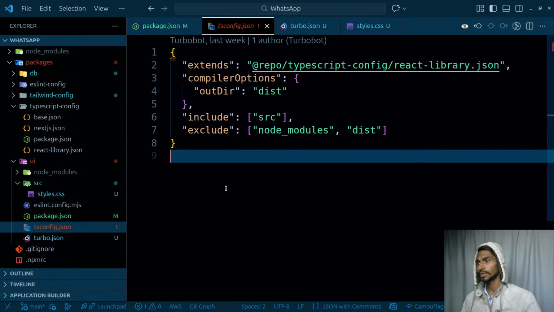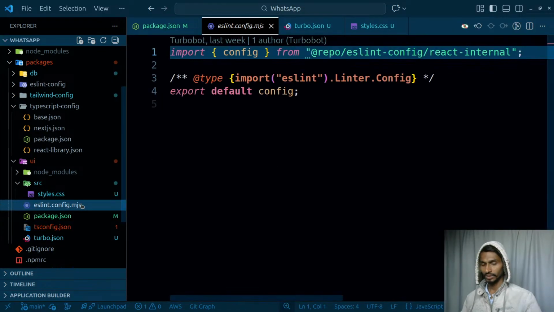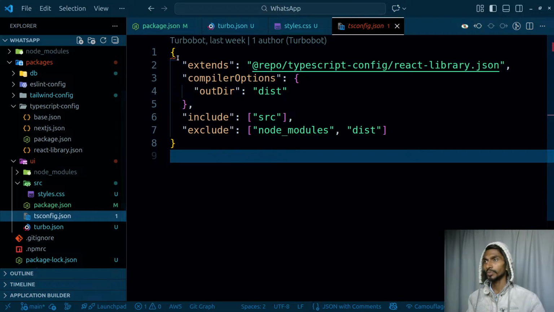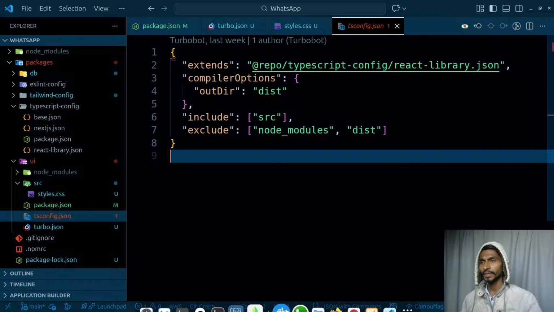Apart from this particular thing, this is simply telling me, first of all, the mjs file, do I need to have this? I don't know. And turbo.json, I need to have this. I created it for myself only. This particular thing, the tsconfig file, do I need to have this? I'm not even sure about this thing, but I'll be checking it out. The good thing is that there's the UI react library.json,